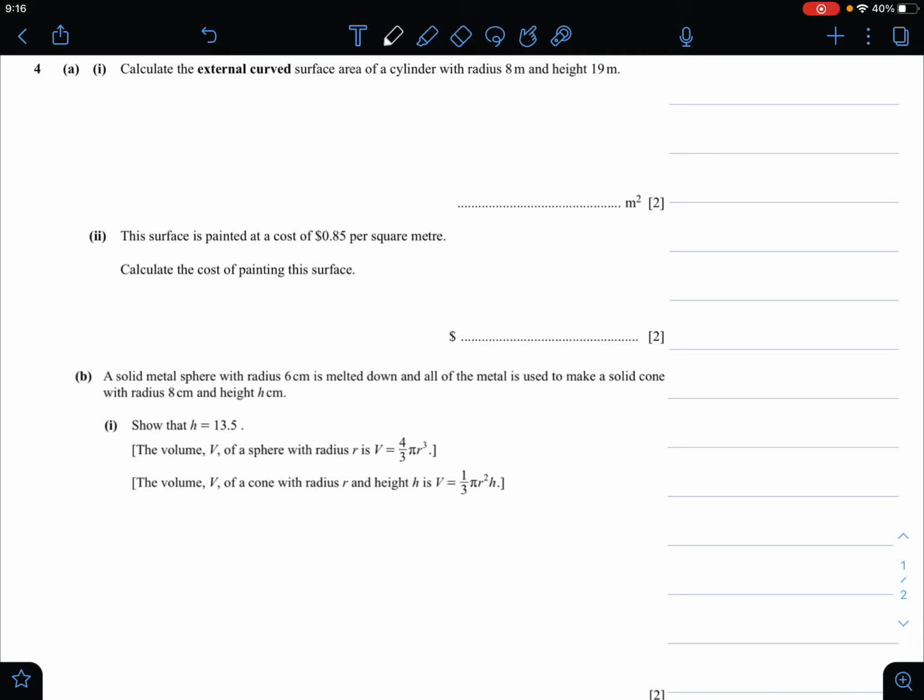For part A1, they are asking us to calculate the external curved surface area of the cylinder. The formula for this is 2 pi RH. Let's substitute the values that we know: 2 pi multiplied by R, which is 8 meters, and H, which is 19 meters. So 2 multiplied by pi multiplied by 8 multiplied by 19 will be equal to